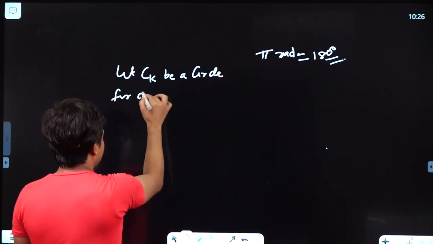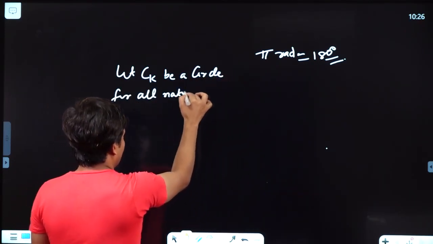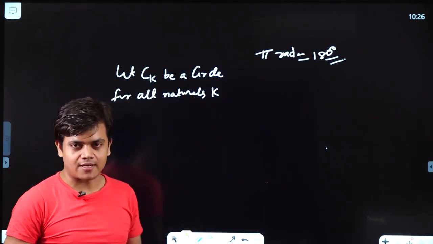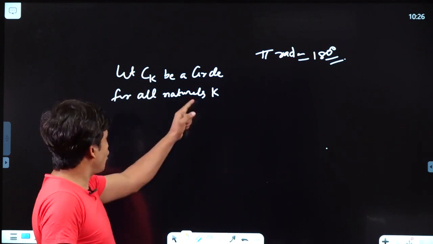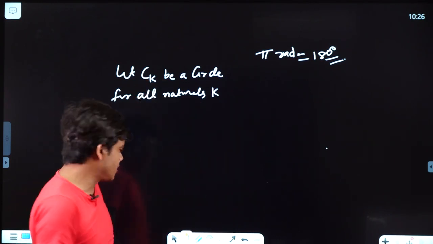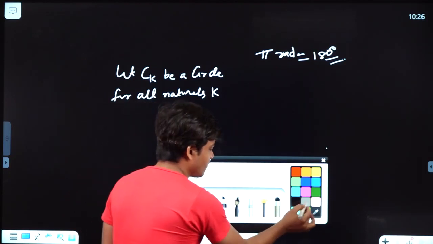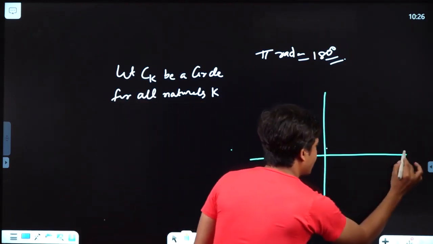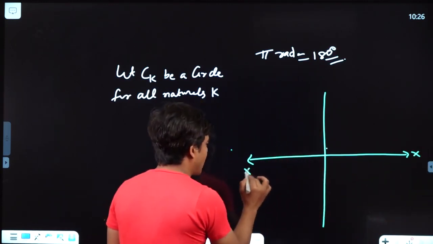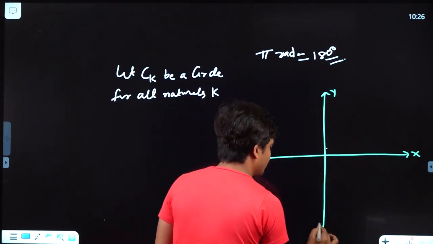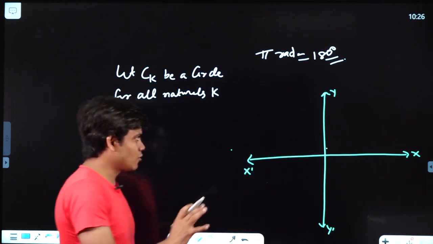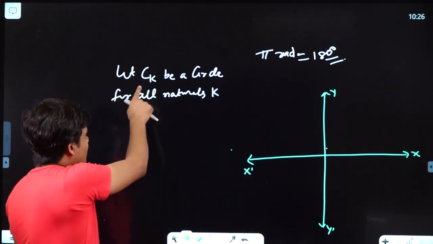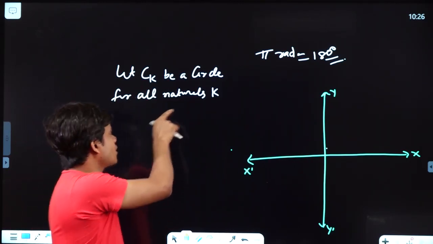for all naturals K. So we are going to make a system of circles. For all naturals K, there is a circle C_K. Let me draw that first, and thereafter we will write the question and ask it. If I write the whole question completely, it is not interesting to read the whole question at a time. That's why, C_K be a circle with all naturals,